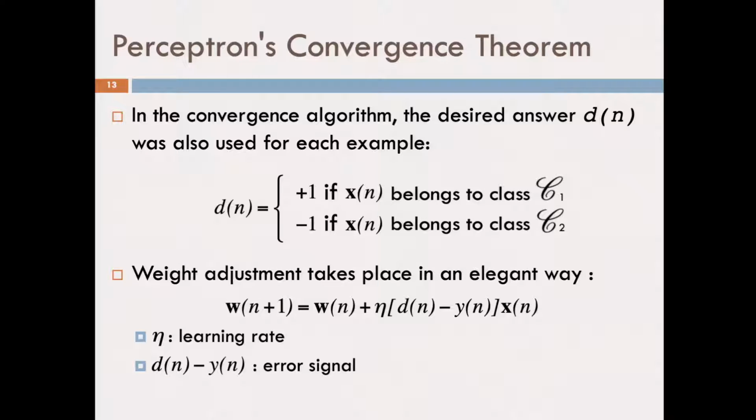To adjust the weights of the perceptron, we use this formulation. The weight in the next interaction, meaning when I give another instance as input during training, is the weight in the current interaction plus the learning rate multiplied by an error. The error is the desired output minus the predicted output,